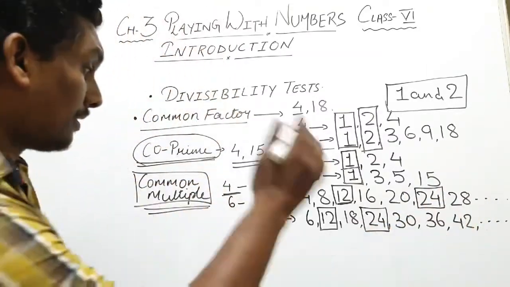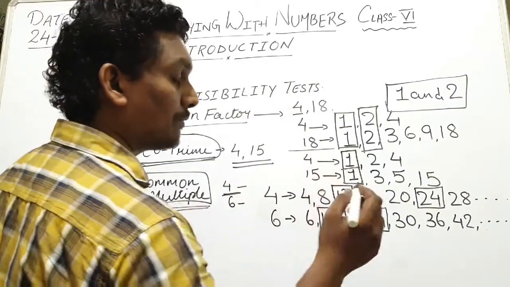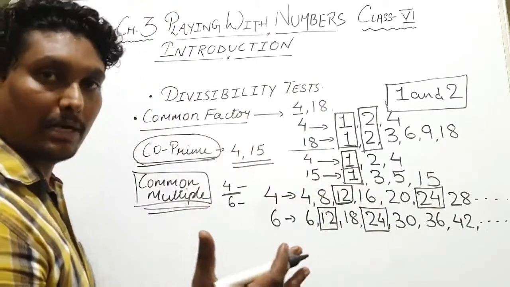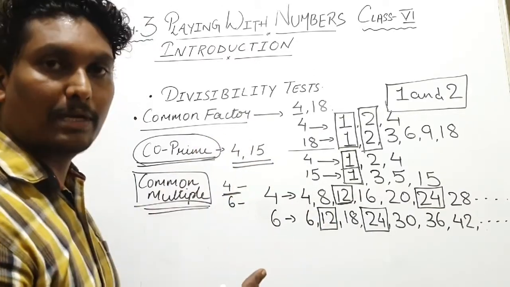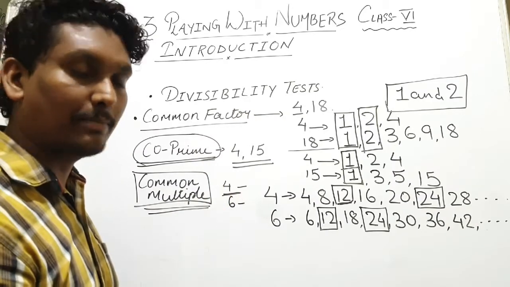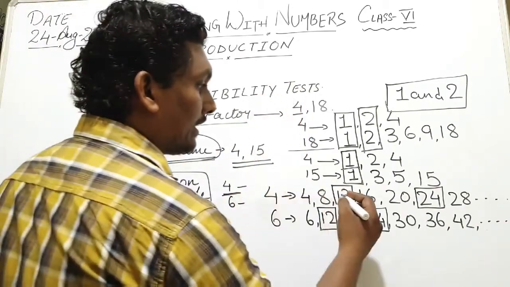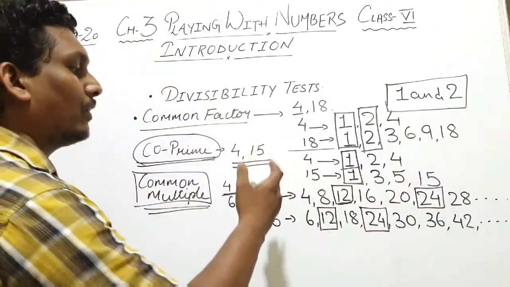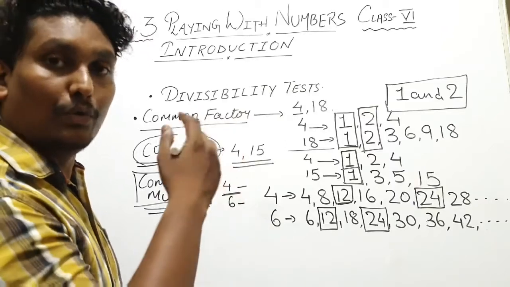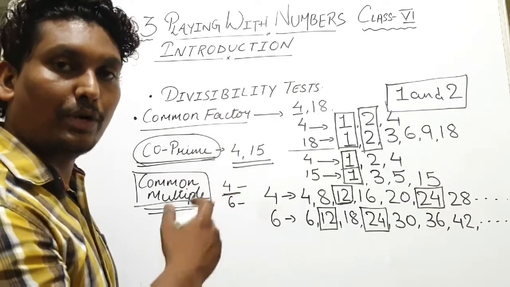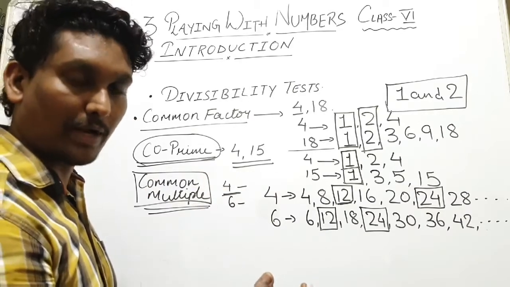So when we're talking about common multiples, suppose the question is to write 5 common multiples, or 4 common multiples, 3 common multiples, or 6 common multiples between the numbers. So you have to find out how many, till it goes. Suppose it is 4 times 10 are 40. If it is not coming in 40, you have to increase the number: 4 into 11, 4 into 12, 4 into 13, 4 into 15. Suppose the number is 5 multiples, you have to find that out.